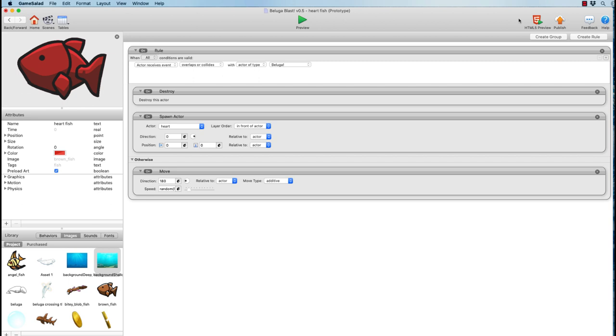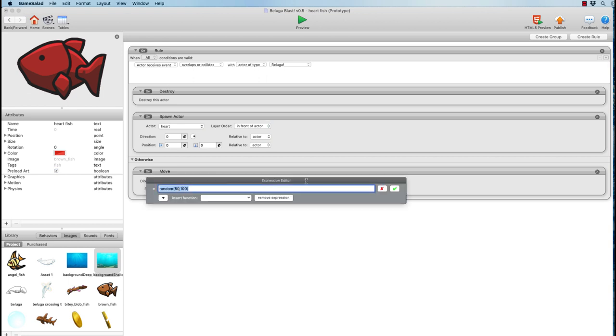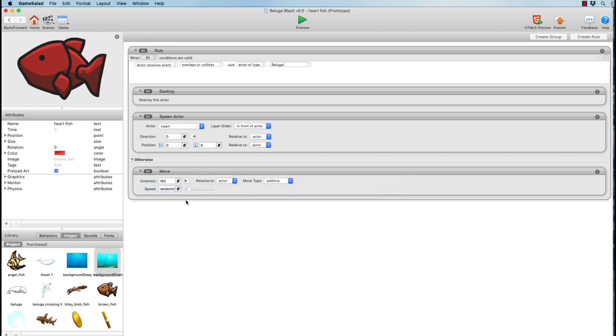What this says is I've created a rule for the heartfish that when the actor of the heartfish overlaps or collides with an actor of type Beluga, it gets rid of the heartfish and leaves in its place, it spawns an actor or creates a heart object that ends up slowly falling down towards the bottom of the sea at a random speed between 50 and 100,